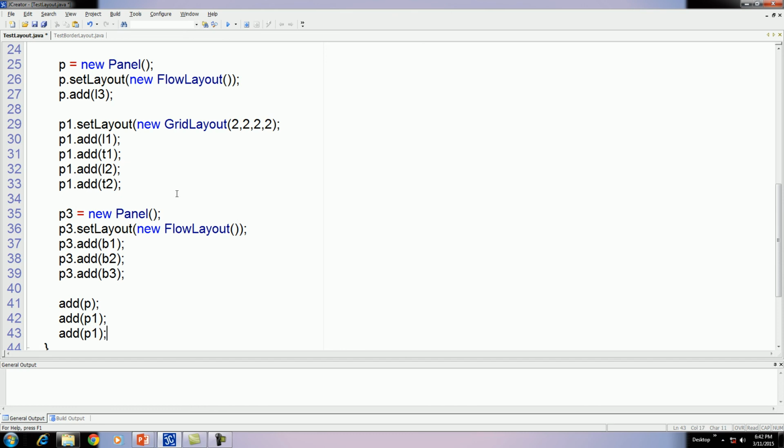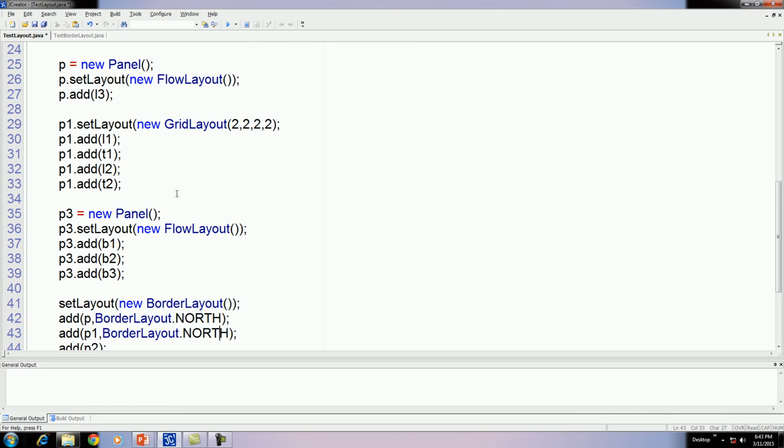For solving this problem, we can use a layout to a frame also. Suppose here we use border layout. Now place the first panel at the north side, that is at the top. Okay, the second panel we want at the center.